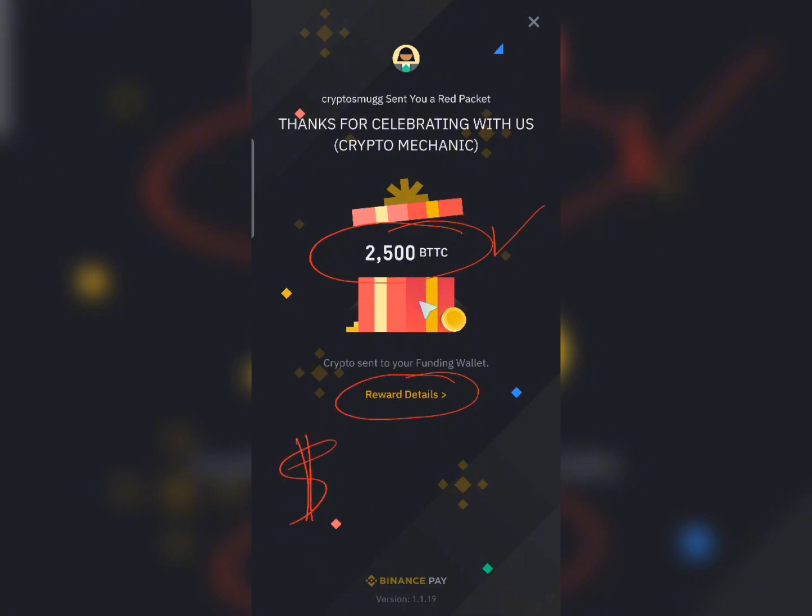All right, and when the price of this coin finally reaches $1, you are going to be left with $2,500 on your Binance account. All you need is patience, and remember, in crypto anything is possible, and the price of this coin could possibly reach $1 if enough patience is invested in this project.